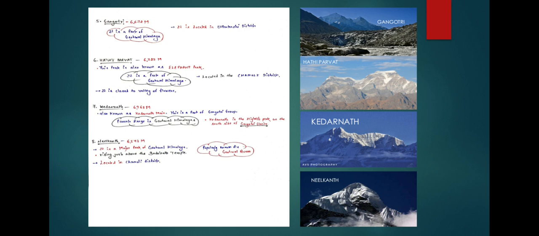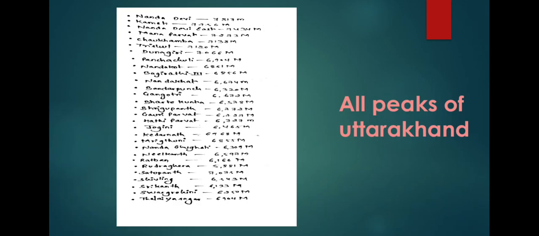As I have discussed earlier, almost 50% of the peaks are situated in the Chamoli district of Uttarakhand, as the geography has given this opportunity to Chamoli district to have all these types of peaks. So feel proud of that. Now I have discussed all the important peaks of Uttarakhand